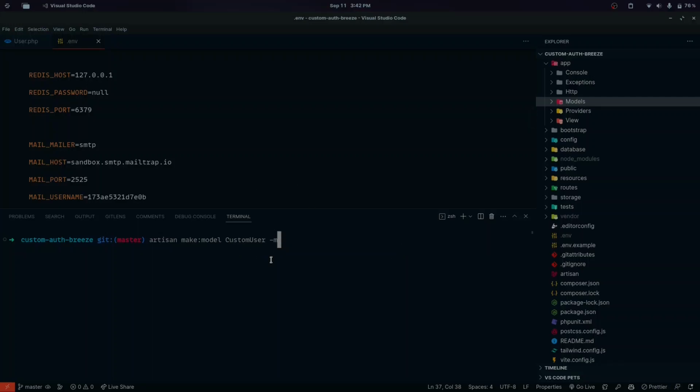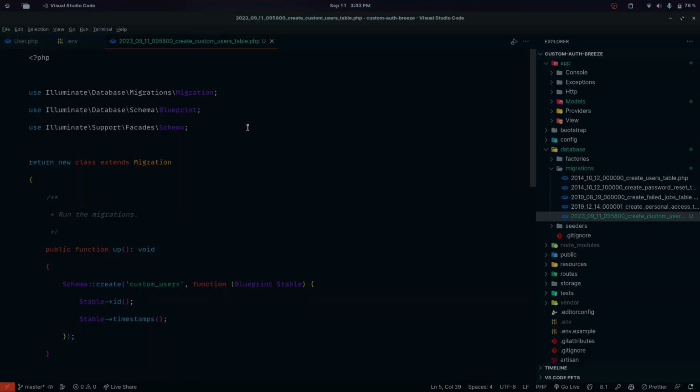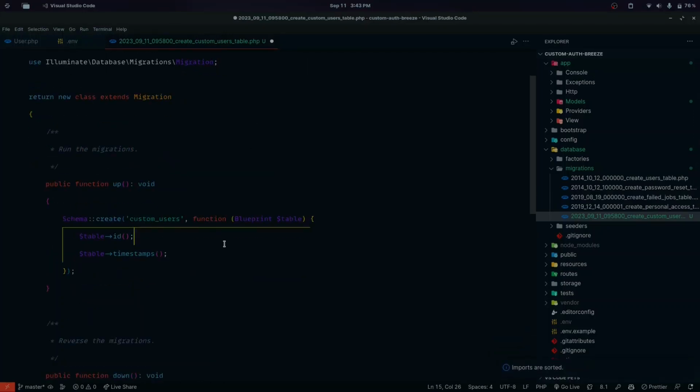Only the associated models and the fields could be different. So in this case, I'm going to create a custom user along with migration, and that's done. Now let's go to that specific migration file. Here, most of the stuff will be almost identical to the user model. Based on your needs, you can either add or remove these columns, but I'm going to keep these basic